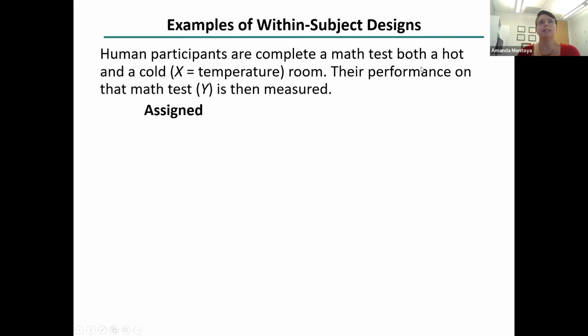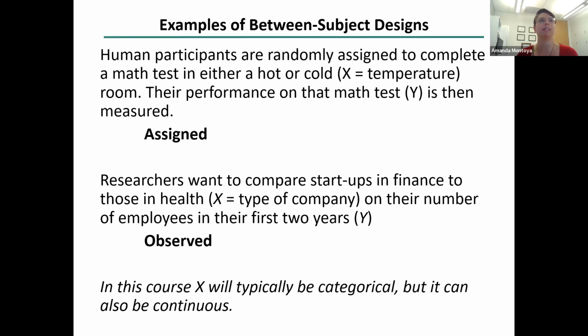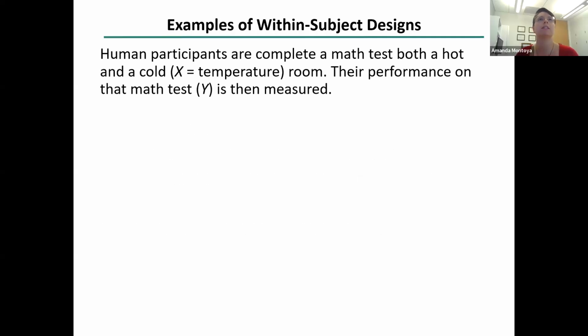It's an interesting thing, though, because if we were interested in the effect of order, that is actually something that is between subjects and randomly assigned. So if we were thinking about the order that people did this in as our X variable, then we would consider that a between subjects design and approach the analysis differently. So I think that this is a good example, again, of how what variable is your X variable is going to determine whether you think of the design as a within subjects design versus a between subjects design.